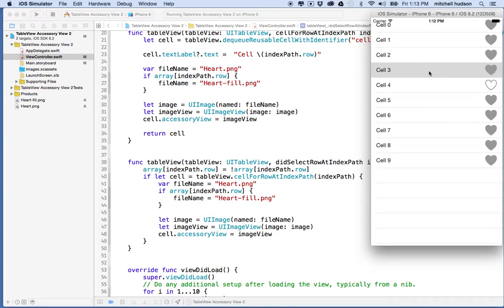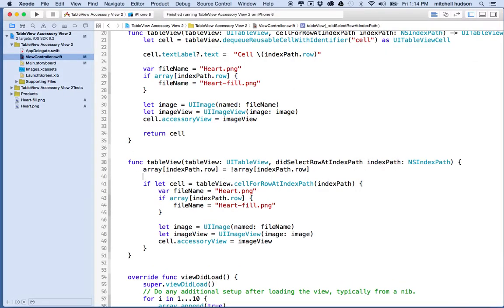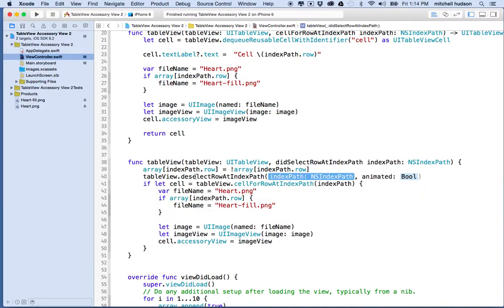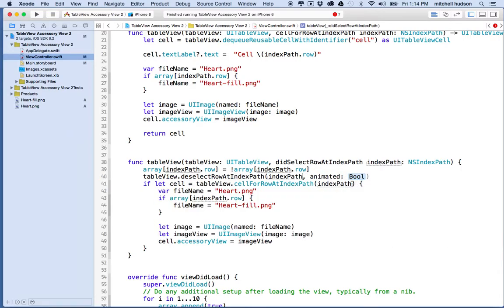I just want to tap it and see it for a moment and then disappear, and then this will indicate the selected cell or the state for the particular cell. So what we're going to do is, maybe I'll just put it right up here, we'll say tableView deselect row at index path. Okay, and then over here we'll supply the index path of the cell that we want to deselect, and then